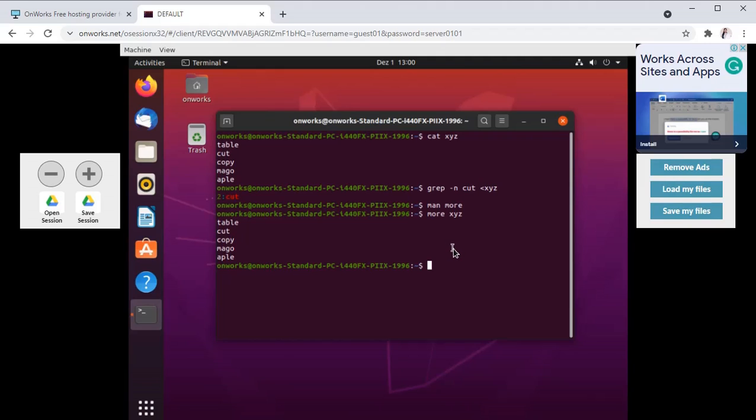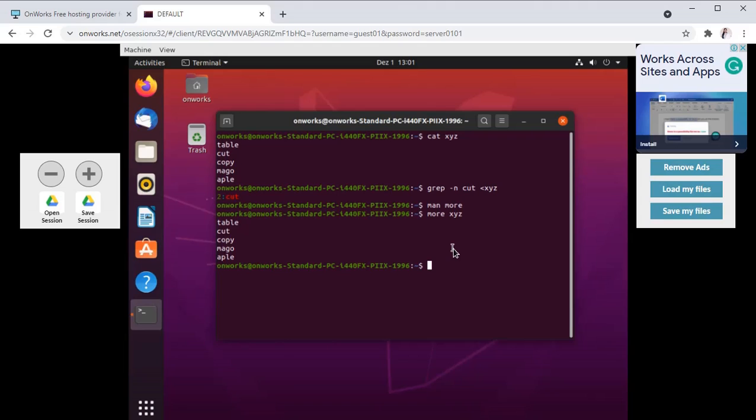So in this practical we have seen text processing related Linux commands. First, the tr command, the translate command, which is used to translate characters, that is lowercase into uppercase, or uppercase into lowercase, or delete some characters from words, or convert one set of characters into another. The second command is the wc command, that is word count, which will count the number of lines, words and characters in a particular file.